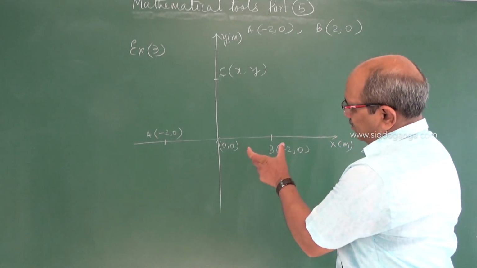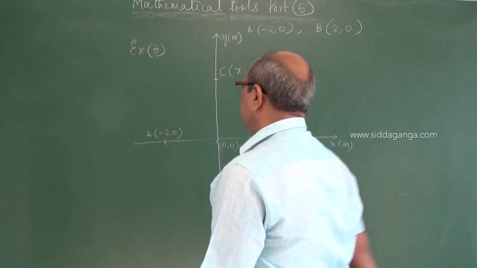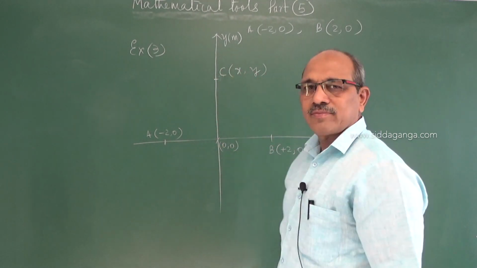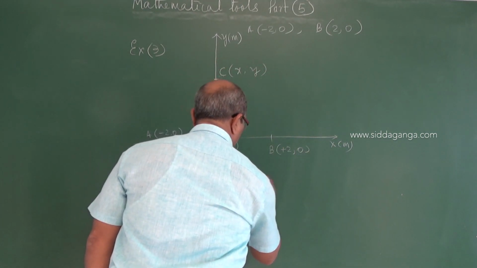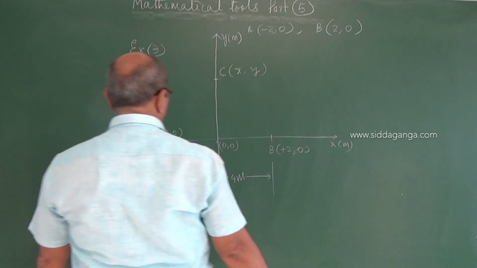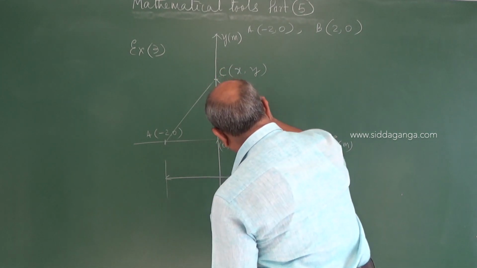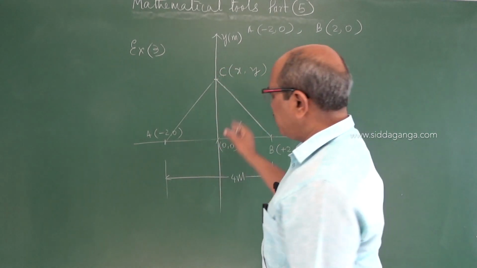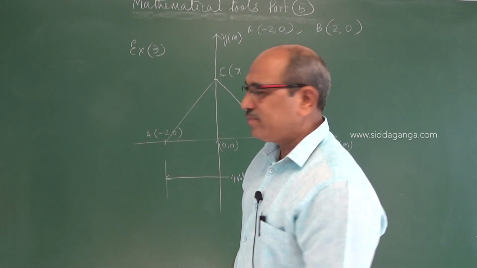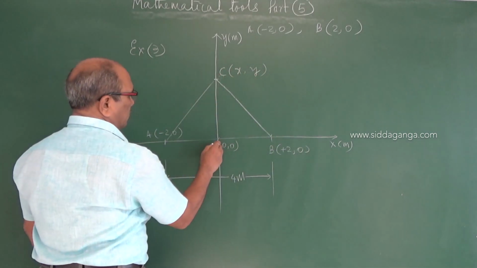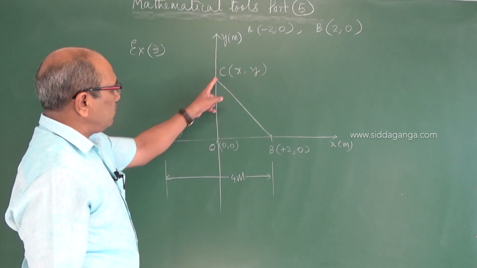So when you are seeing, you are understanding something. So this distance is 2. This distance is 2. So the total distance between these two is 4 meter. One thing. If I join this and again to this length, we get a triangle, one triangle or two triangles you can think, and later come to the one triangle. One triangle, if I call B, and the origin as O, ACO and BCO.